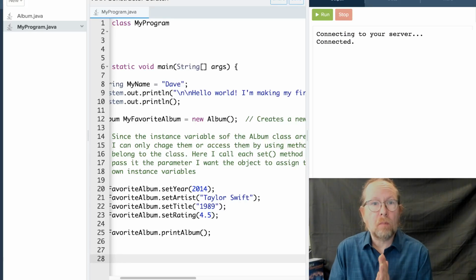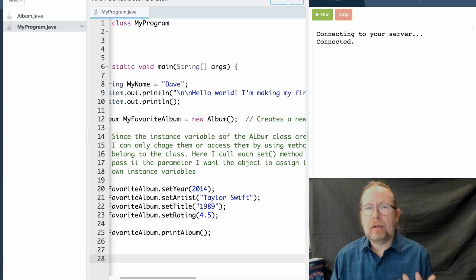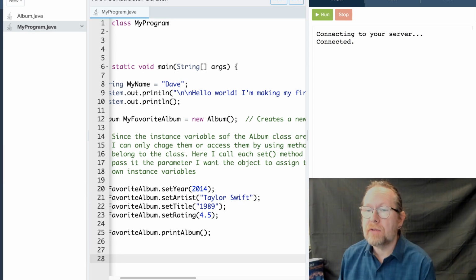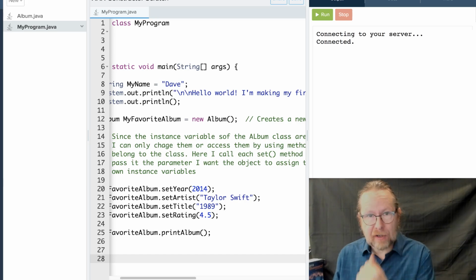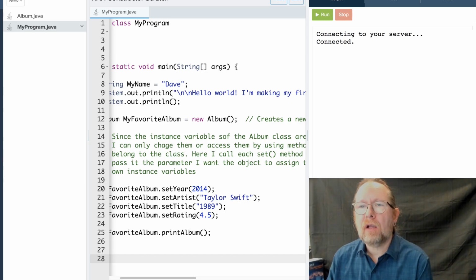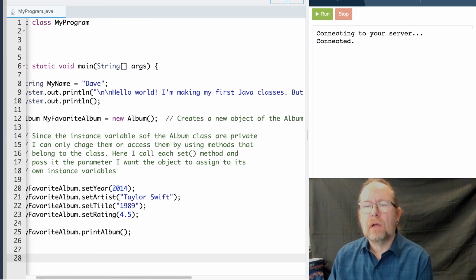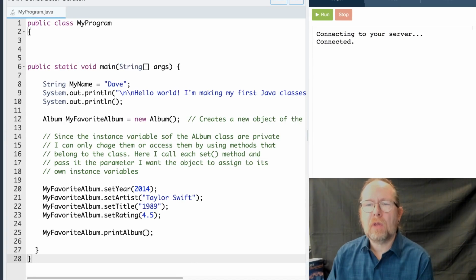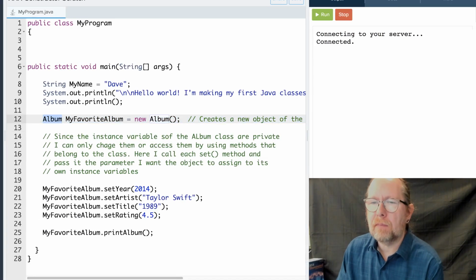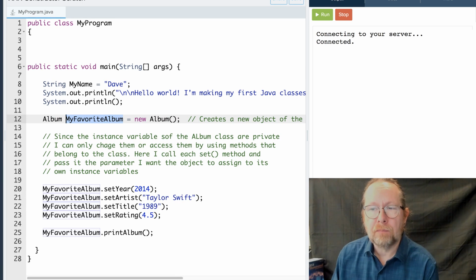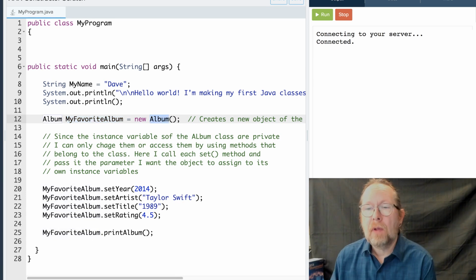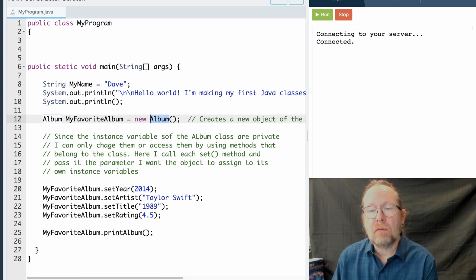Okay, I decided to do one more thing this week while we're talking about classes and building a class, and that is something called a constructor. When we created our class for our album, we created the class using this command here. My favorite album is a new album, a new instance of the album class. And then when we created that